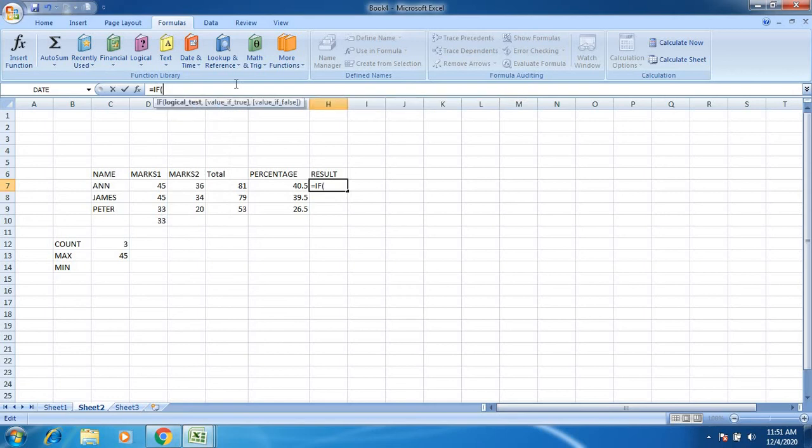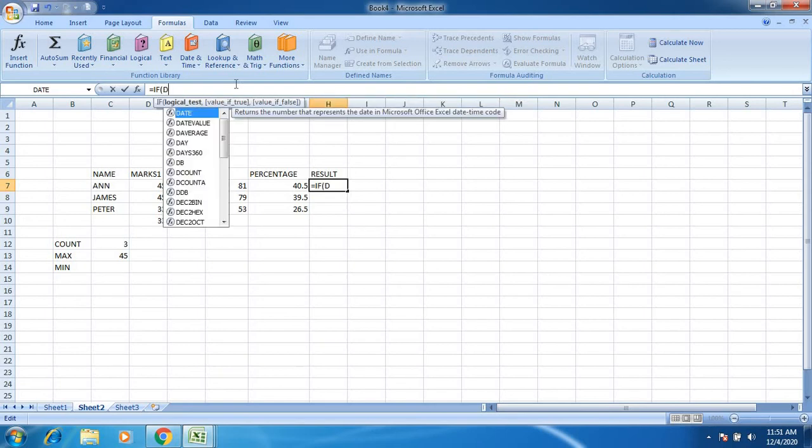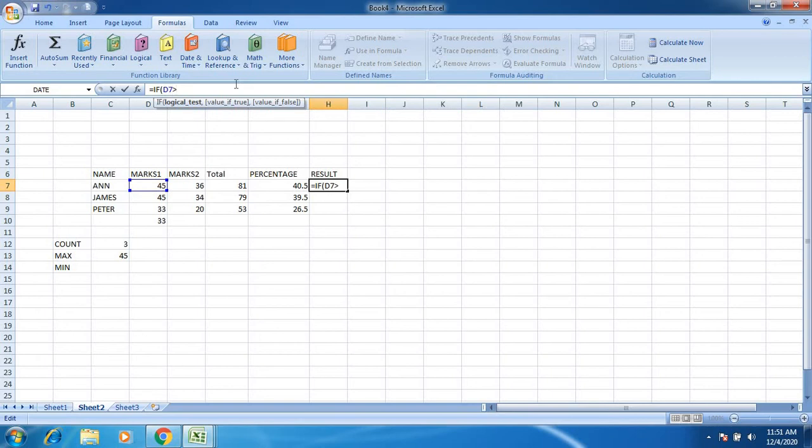In the IF condition, if D7 is greater than or equal to 35, and, inside the formula, E7 is greater than or equal to 35, then it is pass, or else it is fail.